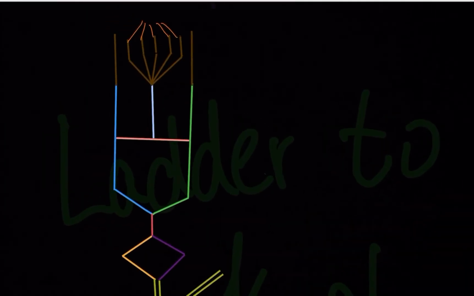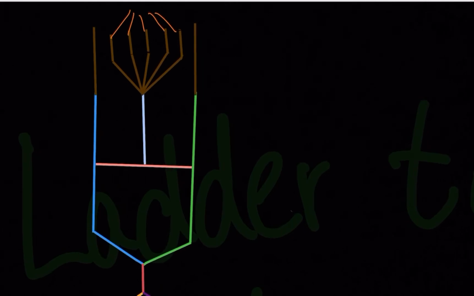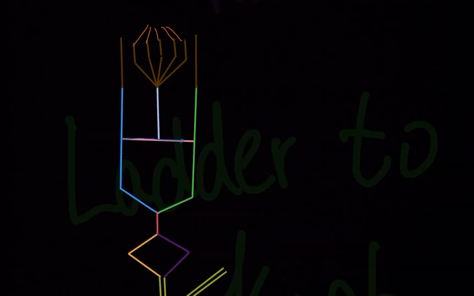I've drawn a very simplified version, but before starting with the vein, you must know what is a vein. A vein is a vessel which carries blood towards the heart, from your body to your heart. It is carrying deoxygenated blood. Okay, so now let's start with the venous supply of our hand. We'll start with the most distal part of our hand, then go into the heart.